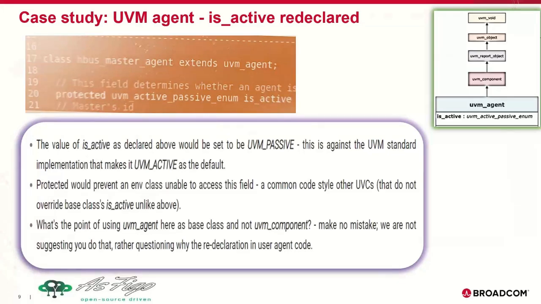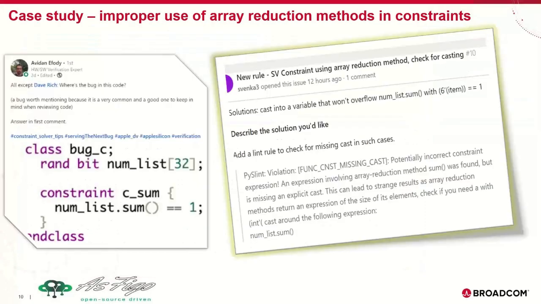So yeah, one more famous question. This is from Ibi Dan from the Israel Apple team. He wrote this question saying that this constraint has a problem. With the lint solution, within an hour we got this solution check. For example, this num check is a bit type, and you are summing with the sum method and getting equal. We check this through this lint even before it goes to the simulator, because this num is equal to 1, each element is 1, but the num